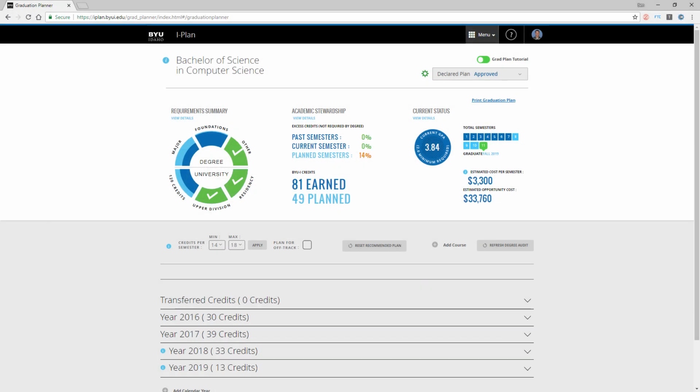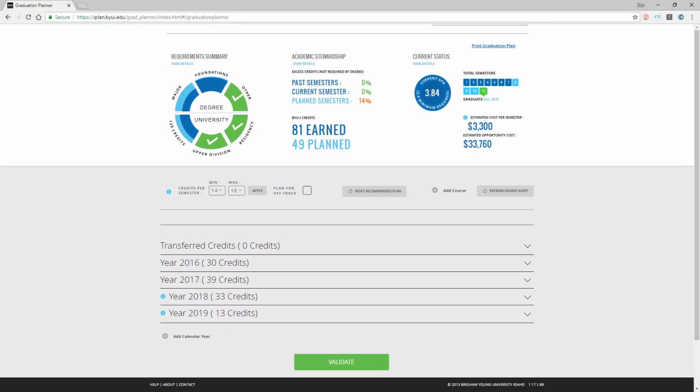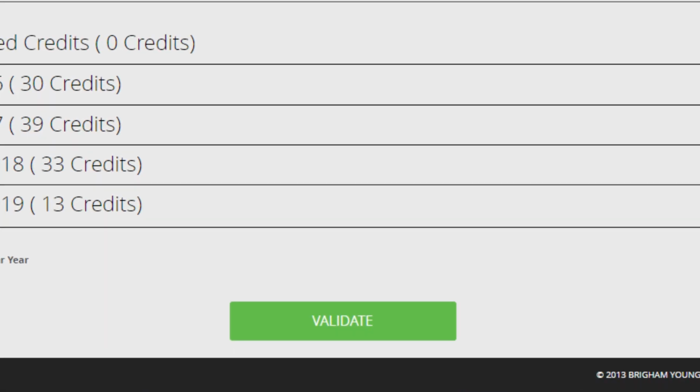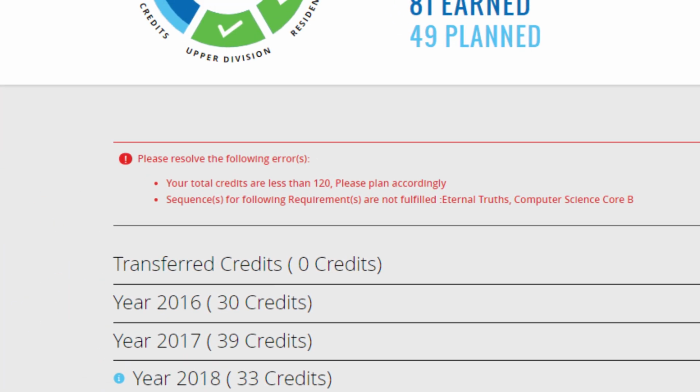Once everything looks good, scroll to the bottom of the page and click on the green Validate button. If there are no errors in your plan, the plan will approve and you are ready to follow your plan towards graduation. If there are errors in the plan, it will come up as invalid. If you scroll to the top, it will show what errors there are and what you need to fix to